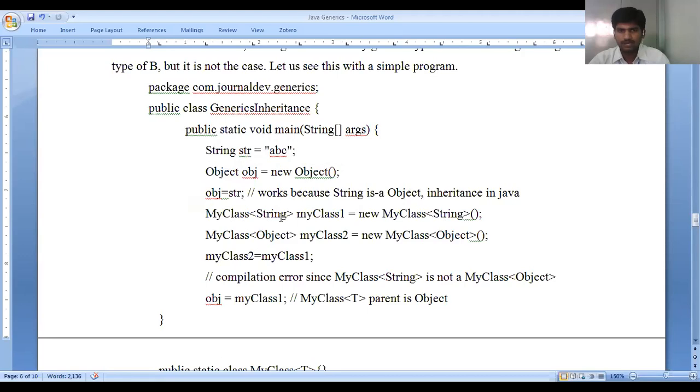Now we create two objects for MyClass: MyClass of String and MyClass of Object. When I compare them, there is a compilation error, since MyClass of String is not a MyClass of Object. Here it is okay, but here it is not.